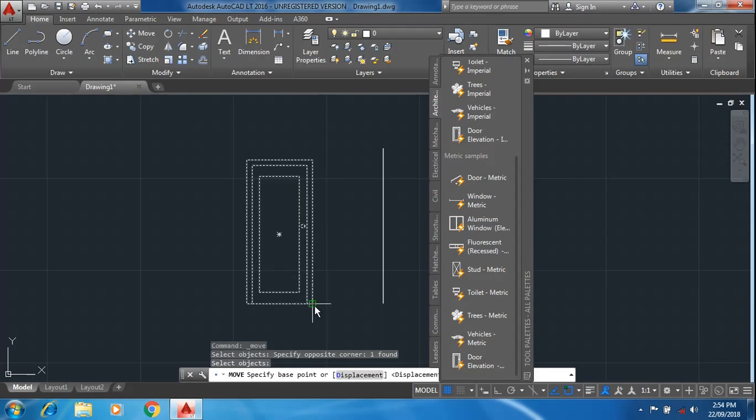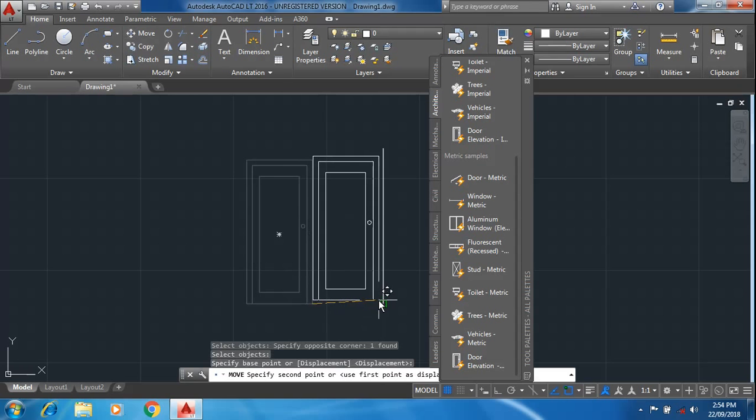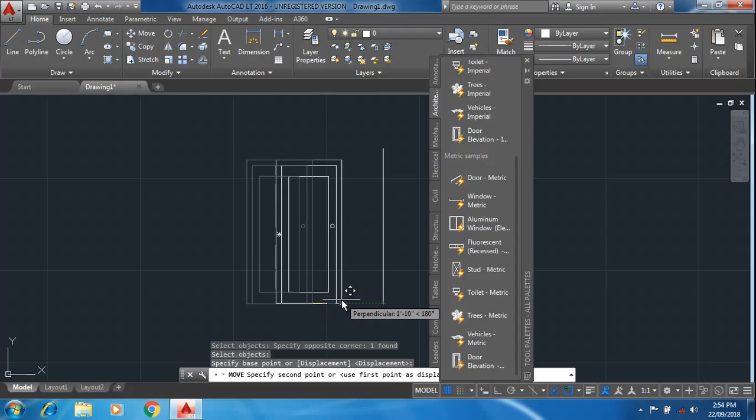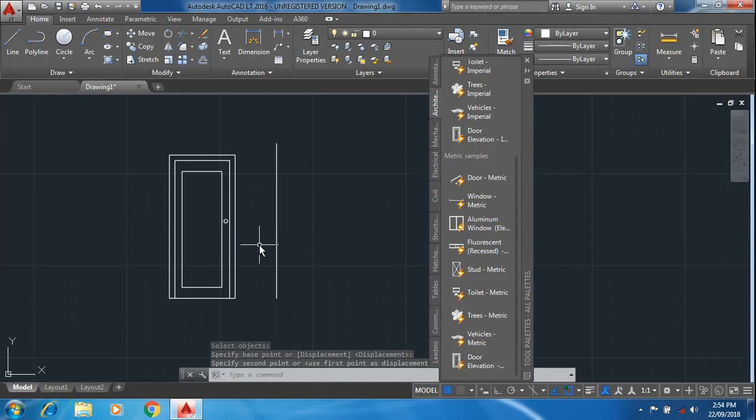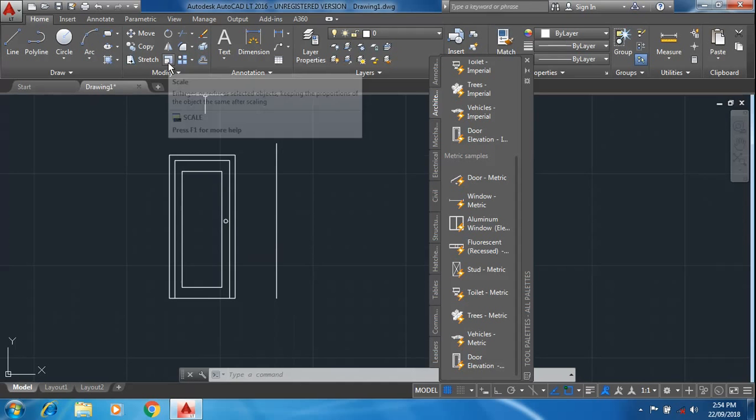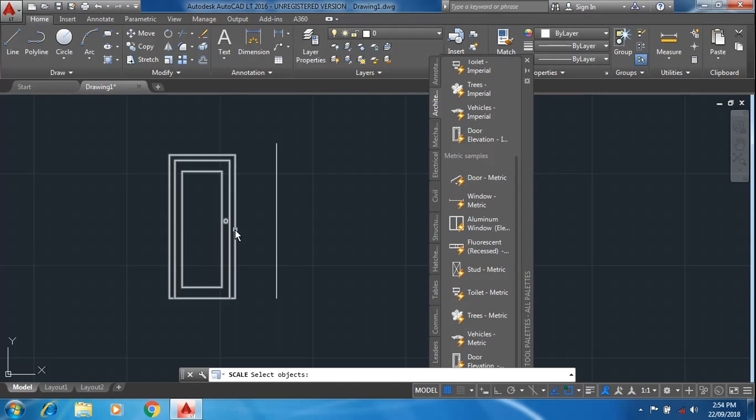Let's check it. No, it's 6 feet and 6 inches. Suppose you want to make this door 7 feet. Select your scale, select this door, press enter,